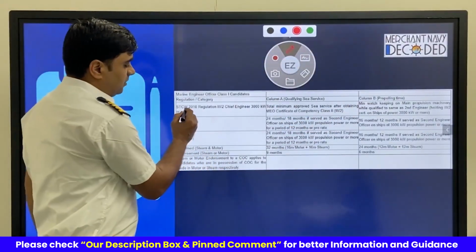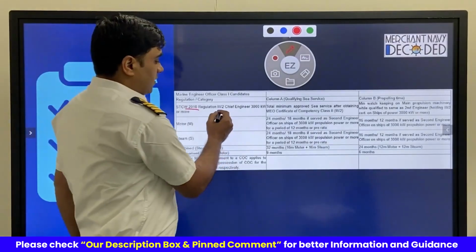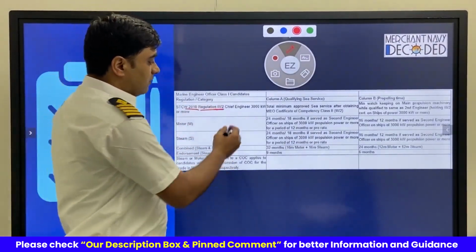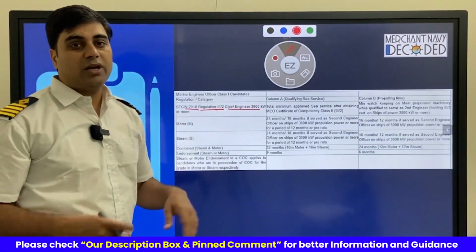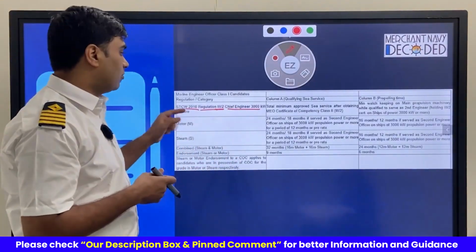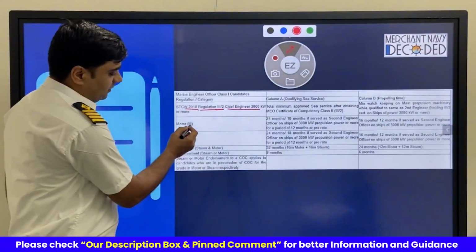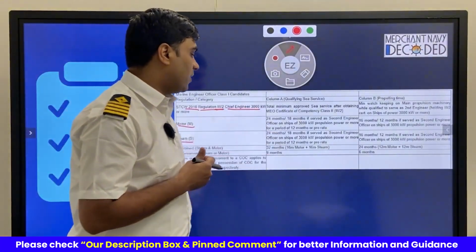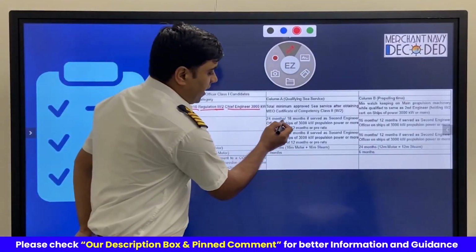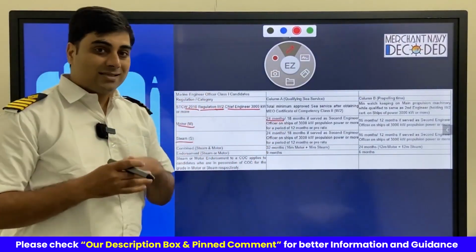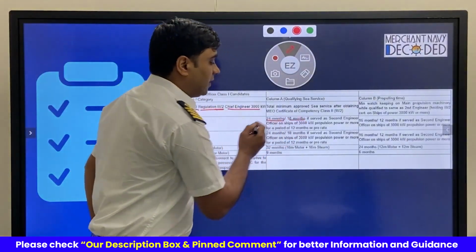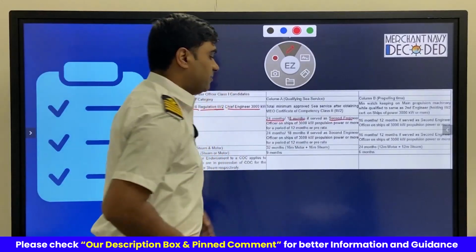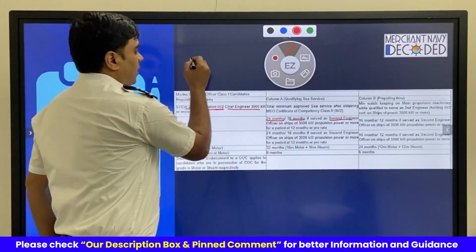Now, as per STCW 2010 regulation 3/2, as we have discussed in the STCW code, for a chief engineer to work upon an engine of 3000 kilowatt or more, what do we need? Either he will be sailing on a motor ship or a steamship, so the requirements are different. What are the requirements for a motor ship? He should have 24 months sea time or 18 months. We will discuss what is this 24 and what is 18. If served as second engineer, that means you have done your class 2 COC.